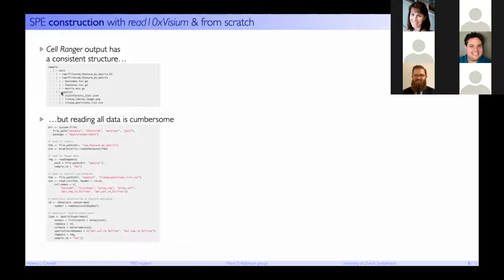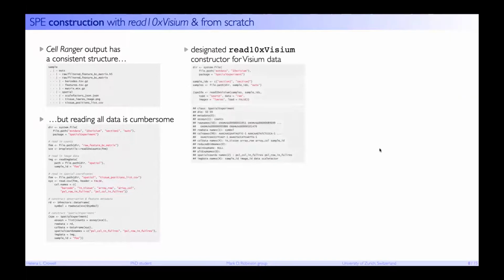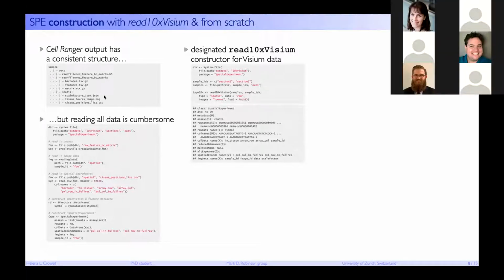We have to read in our scale factors, our spatial data, our counts, images, and then somehow construct this object. Because we didn't want the user to have to go through all that pain, we implemented the read10xVisium constructor that simply requires specifying the directories where this data is stored,